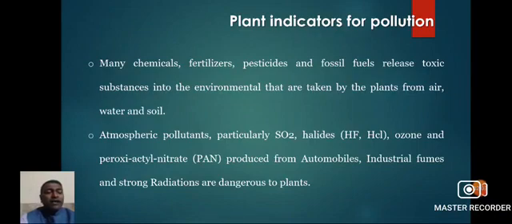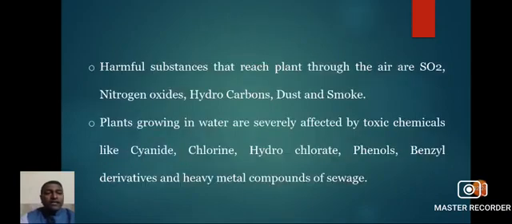Those are taken by plants from air, water, and soil, such as sulfur dioxide, halides, ozone, and peroxyacetyl nitrate, which are produced by automobiles, industrial fumes, and strong radiations, which are dangerous to the plants. Harmful chemicals such as sulfur dioxide, nitrogen oxide, hydrocarbons, dust, and smoke enter the plant body through air, while in case of